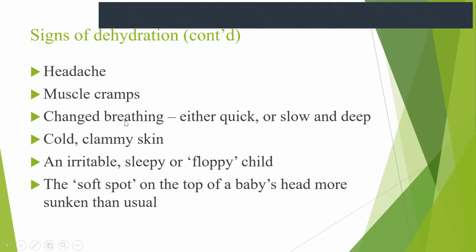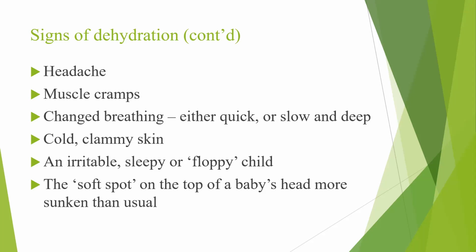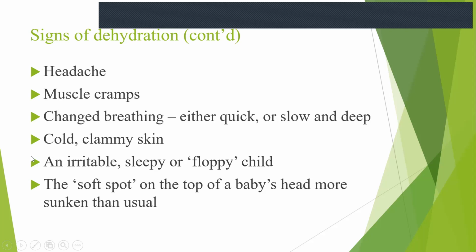So 什么是 clammy skin 呢？Clammy skin 就是那个皮肤冷冷的，但是呢有那个好像那个水分在皮肤上面跑出来这样子啊，那皮肤看起来湿湿的啊，但是冷冷的，这些都是脱水的一个征兆。OK，那小孩子来说会怎么样呢？小孩子这个时候可能脱水的时候，他会 irritable，或者是 sleepy 想睡觉，或者是 floppy 啊，floppy 就是